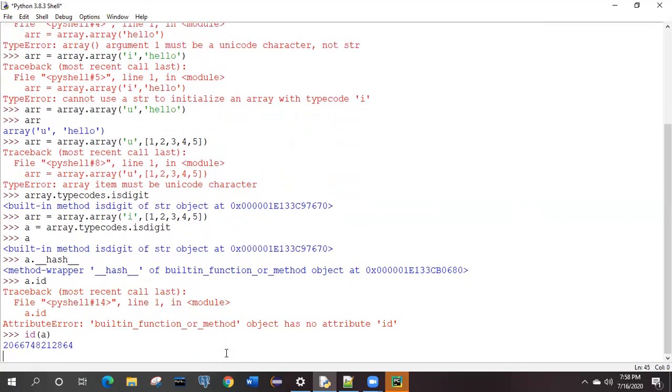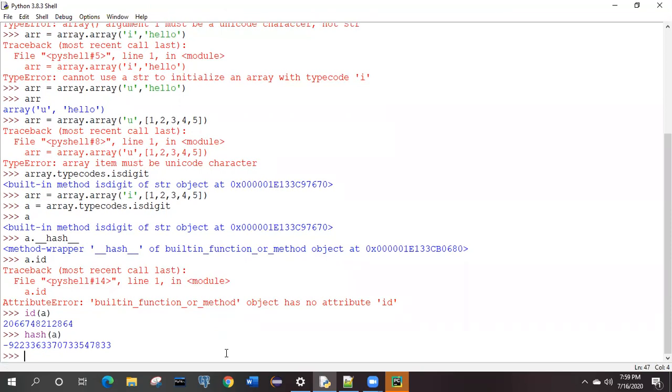You can try this like this one. So if you have to check the ID of a particular object created in memory, this is how you can check it. Similarly, there is a possibility to check the hash code for this one, yes. Simply, the hash is the memory location. At this particular location, A is created with this name.